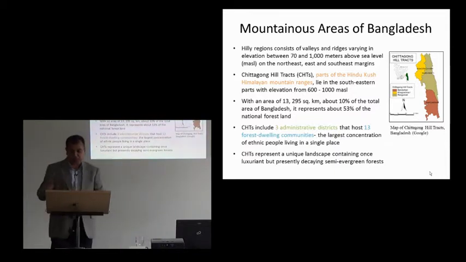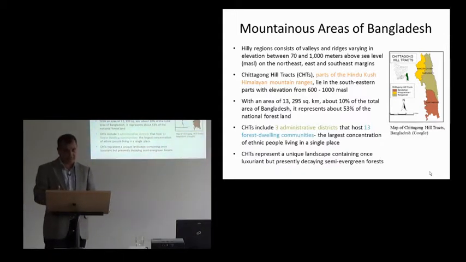And I'm trying to show you how their perception about this traditional farming system is not entirely wrong. It's partially wrong, at least, because this traditional farming has some significance for the livelihood and culture of the people, and also for the landscape from the scientific point of view. That's what I'm going to show you now.